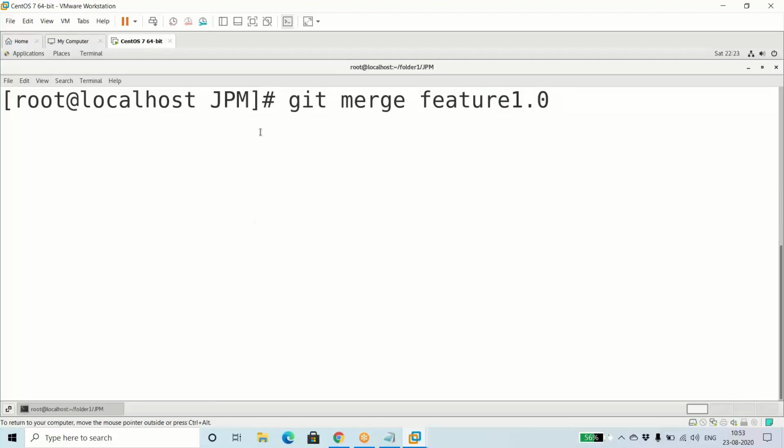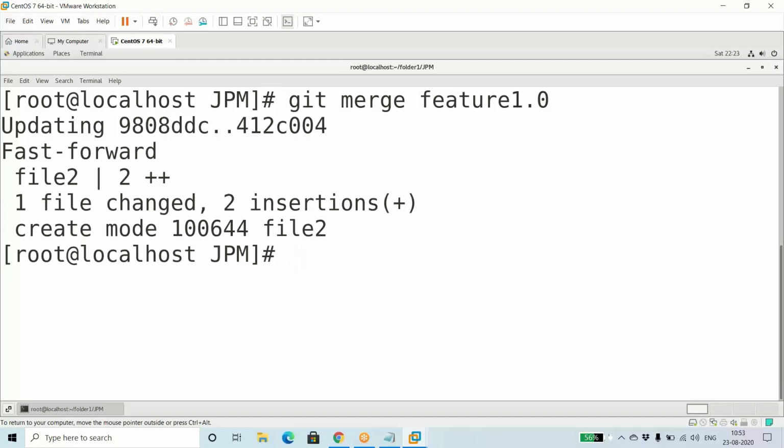I'm on master, so I'm telling master to merge feature 1.0. It is merged already. Now I need to push those changes: git push origin master.